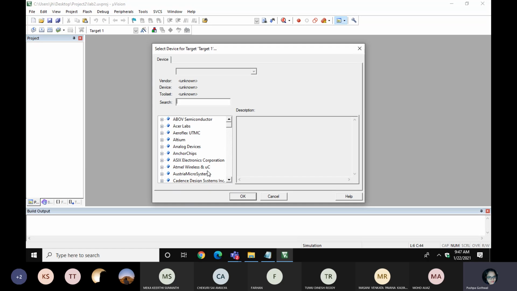Once you open this, I hope the screen is visible. Yes, ma'am, it is visible. Okay. So basically, which IC do you have to use? You have to check your hardware device which is connected to your laptop. If your hardware device is not 89C51, you have to use 89S51. Whatever IC is connected physically, you have to put that IC. Otherwise everything will be okay, but when you connect the hardware, it says device ID did not match. That kind of error you will get. So just remember this: whenever you are writing code, select the same IC which is available on the physical hardware.